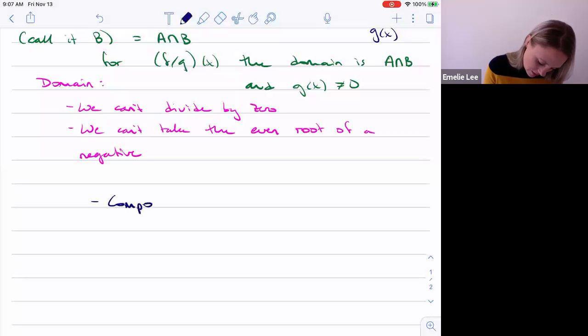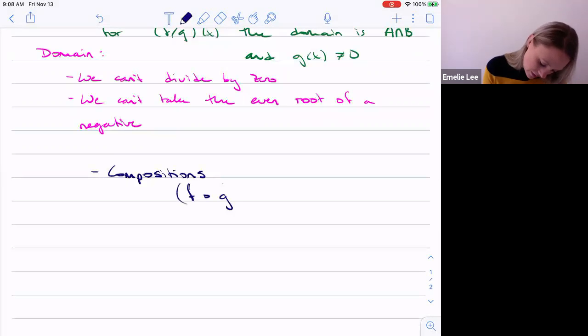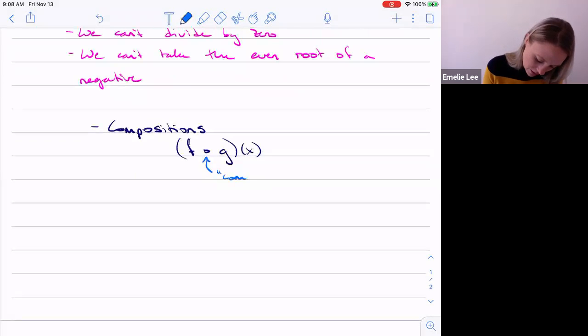Compositions. Compositions, I mean, technically correct, are things like f composed with g of x, right? And so here, this kind of circle is composed with